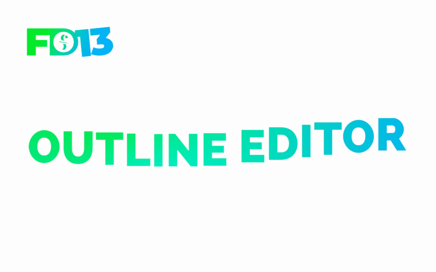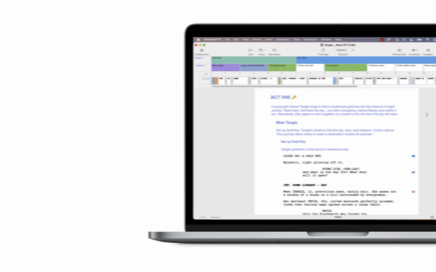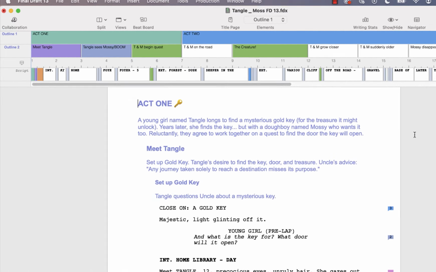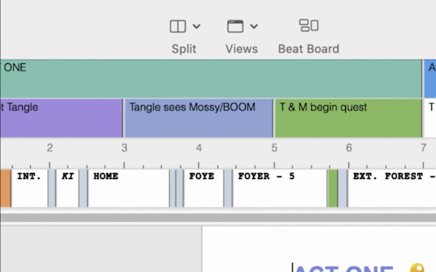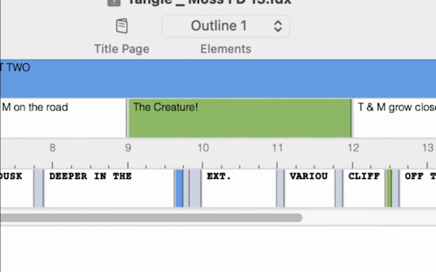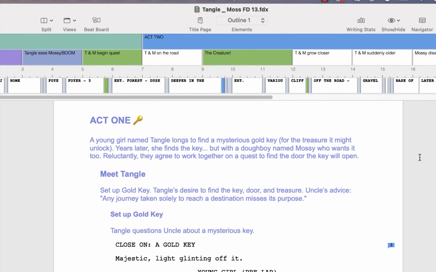Our focus is on the Outline Editor. Struggling to visualize your story's structure? That's where the Outline Editor comes in. A linear representation of your structure, the Outline Editor is a place to visually plan and track important moments in your story by associating beats with specific page goal ranges.